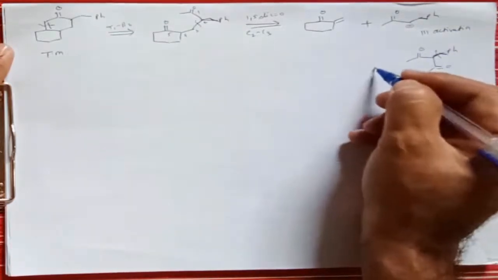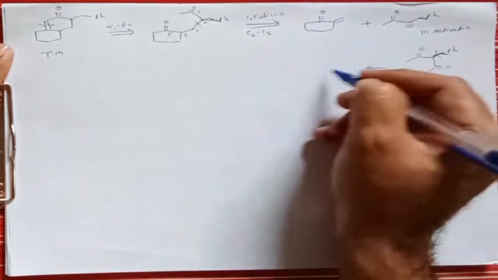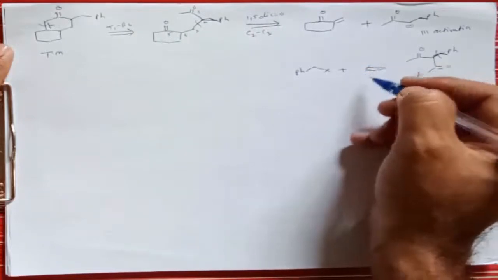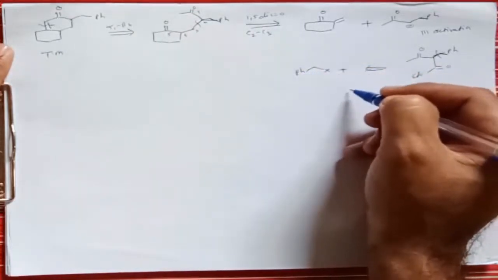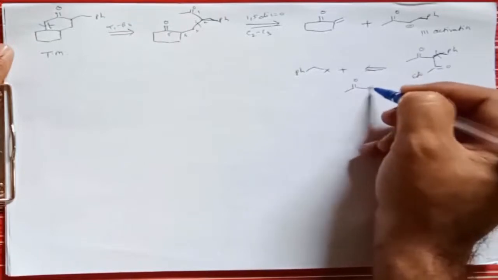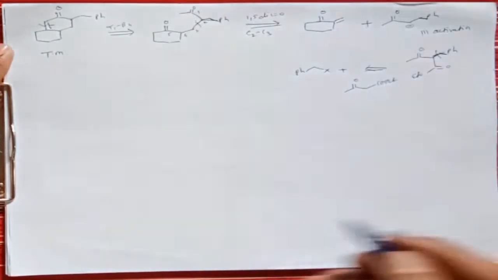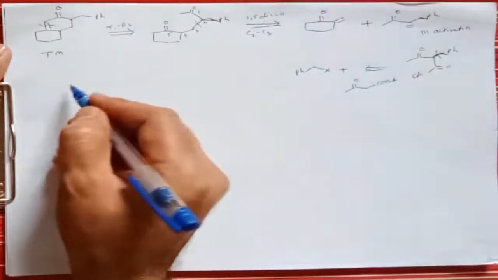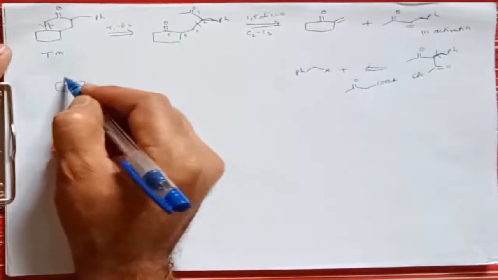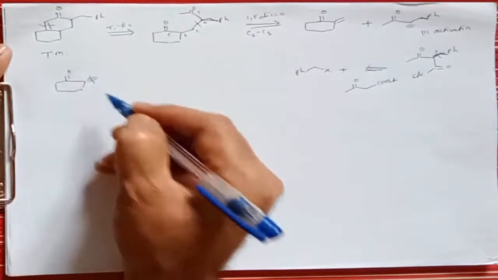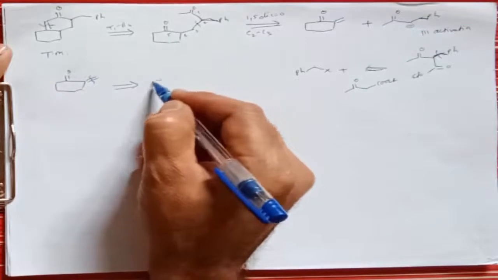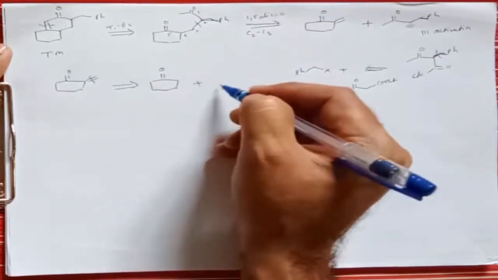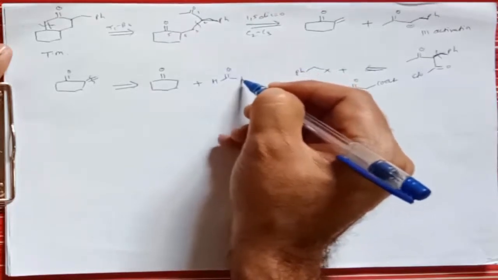Now we can break this functional group at this position, and therefore from one side it gives PhCH2X plus, along with it gives formation of ethyl acetate, that is CH3C=O COOEt. So this is a simple route for the breaking of such a type of molecule. Now we can break this molecule, that means this molecule is again not available. Therefore we can break this alpha beta unsaturated ketone, and from one side it gives a negative charge, plus along with it gives formation of formaldehyde in this way, right?